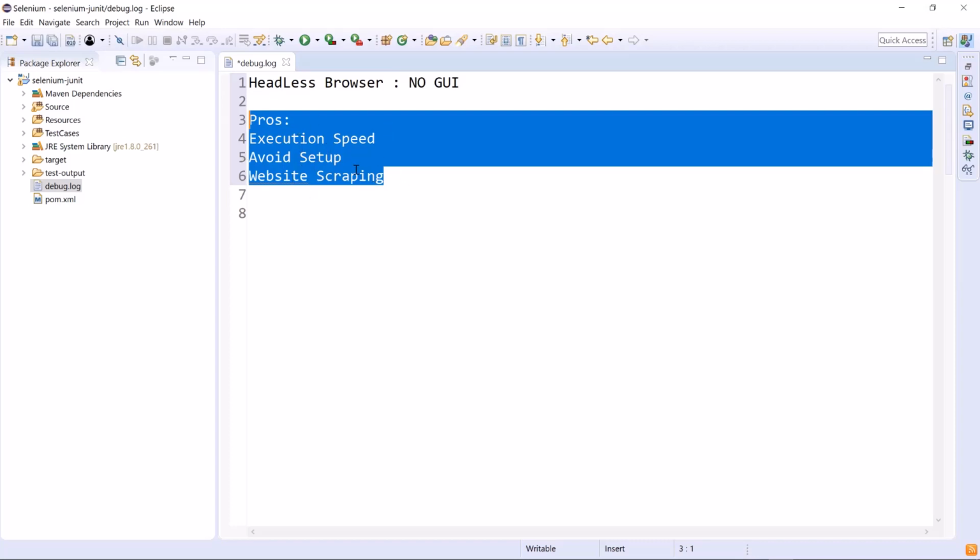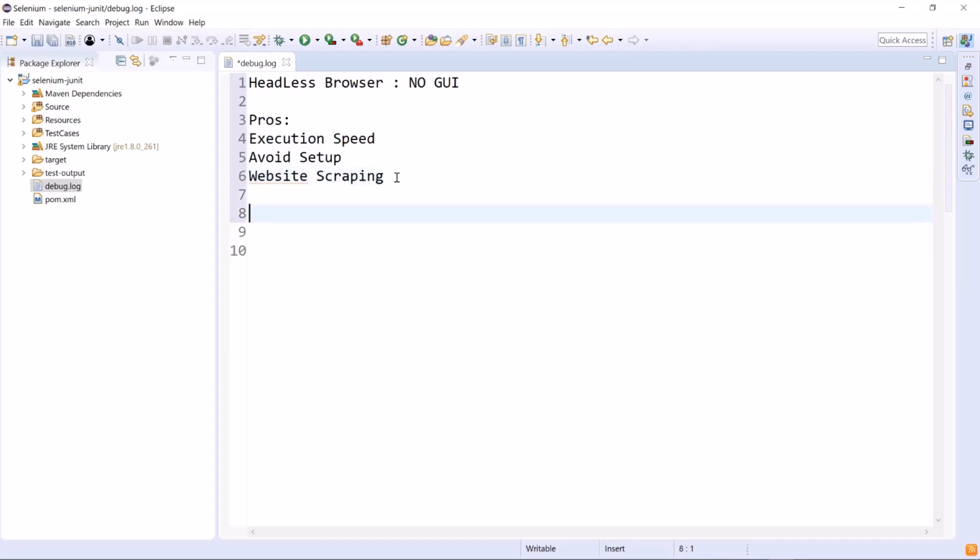Now, if we talk about the disadvantages of headless execution, headless execution does not mimic real users, because a real user never uses a headless browser to browse web pages. So if we want to mimic real users browsing our web application, then we might not want to use a headless browser. Another drawback of using a headless browser is debugging.